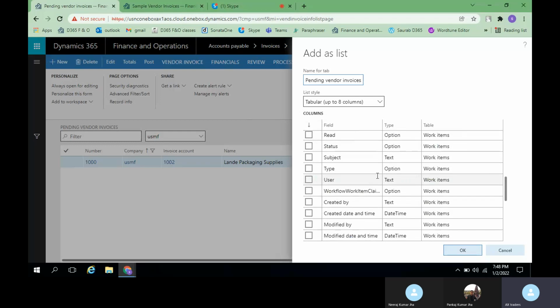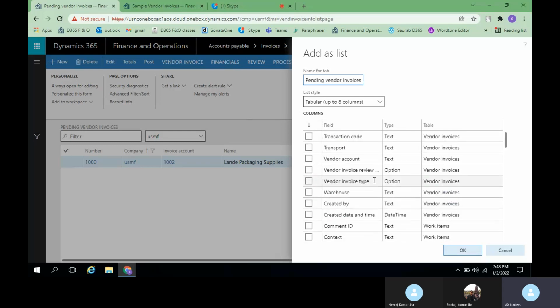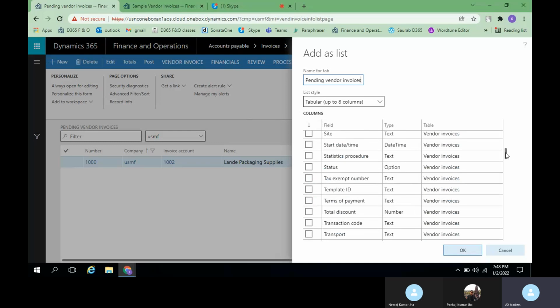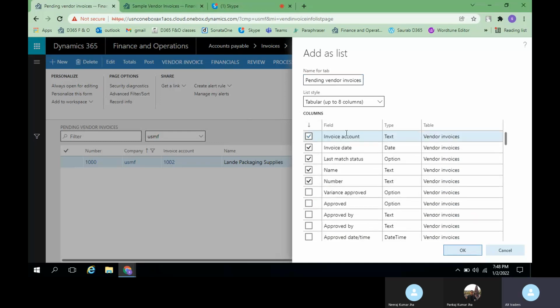Even though there are a lot of columns, the most important details you need are like the invoice account, date. These are by default. It will allow us to select either 3 columns or 8 columns. You can select as per your requirement. If you just need only 3 columns, you can select only 3 columns.